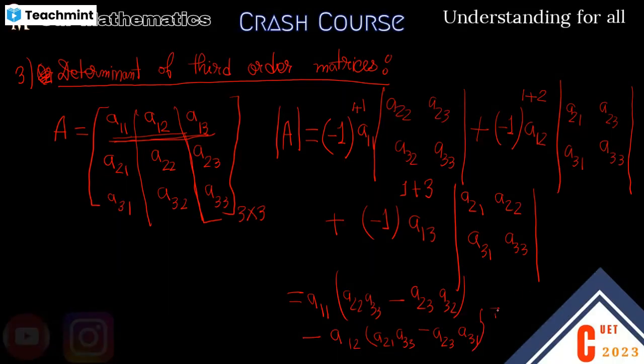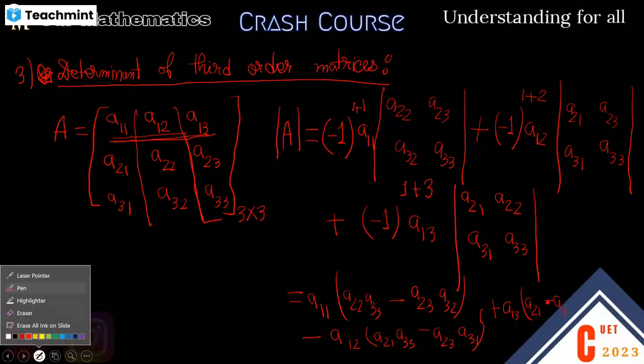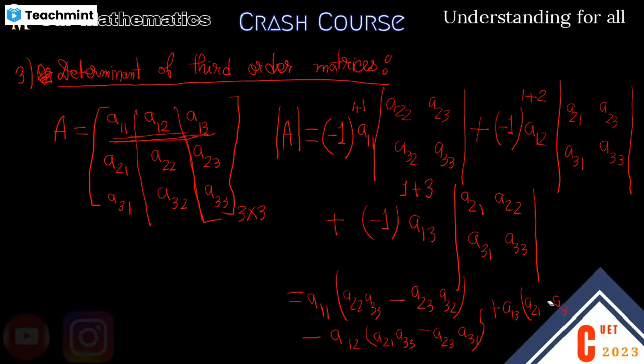then I have a plus a13 into a21 into a32 minus a22 into a31, sorry, a21 into a32 minus a22 into a31, okay। এটো হল আমি along first row আমি কেনেকৈ expand কৰিম,